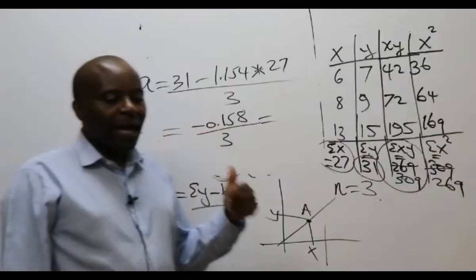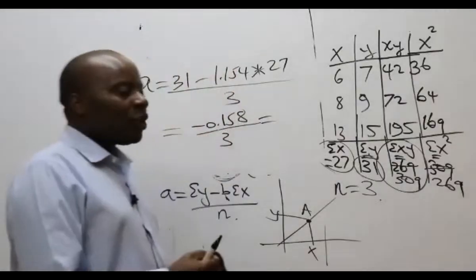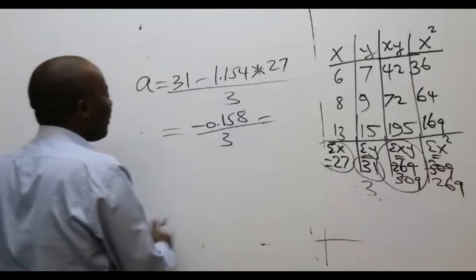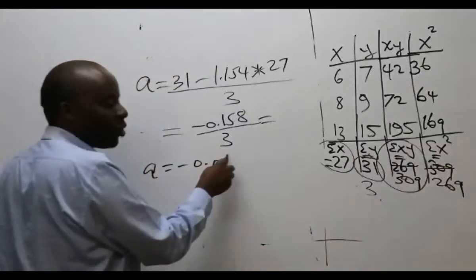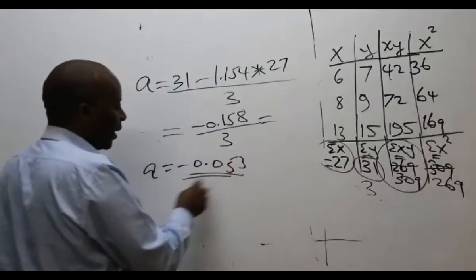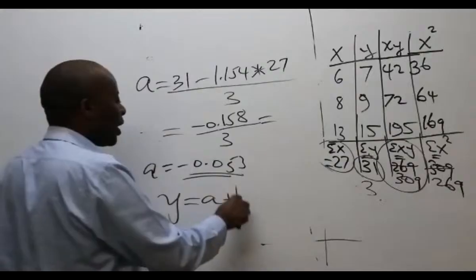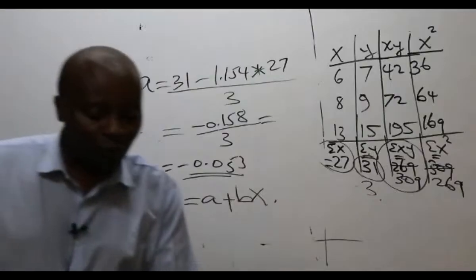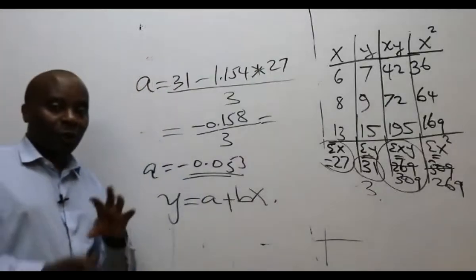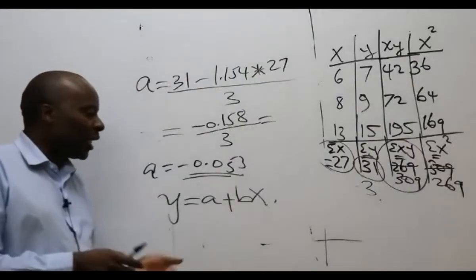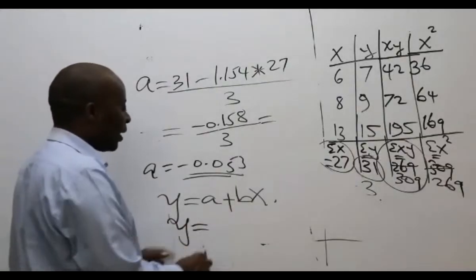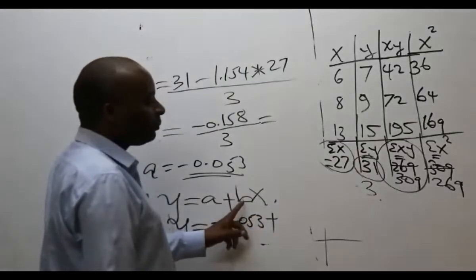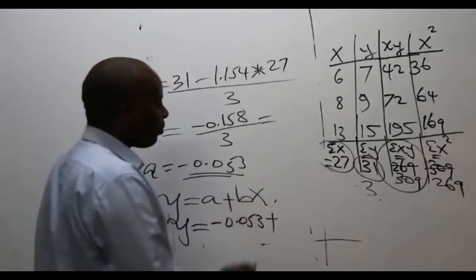According to Amaya, it is minus 0. Collins says 0.053. These are good students. They have said that A should be negative 0.053, like that. Therefore, remember, finally, you guys have a responsibility of writing for us the formula for y. You have the responsibility of connecting y and x using the connectors A and B. So in that case, ladies and gentlemen, my y here will be equal to A, which is minus 0.053, plus B, 1.154